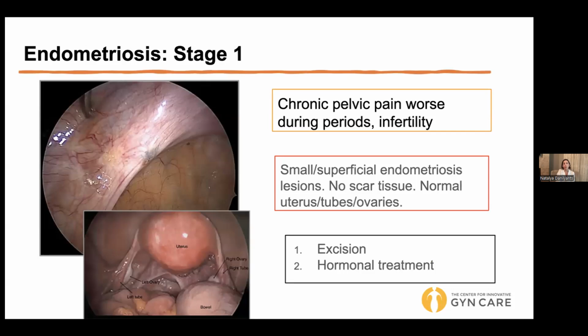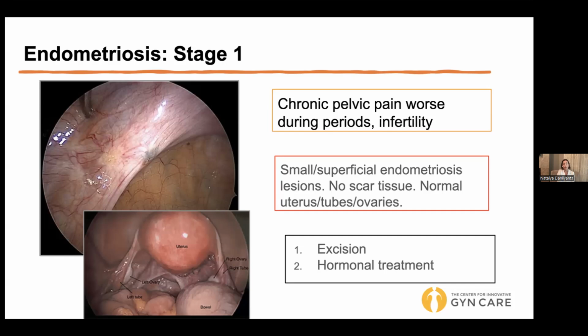So what we would do during laparoscopy, in addition to excising the endometriosis, right, so actually cutting it out and sending it to pathology for confirmation, we're going to check the fallopian tubes, make sure that they're open. We'll check inside the uterine cavity and also check the bladder. Otherwise, there is no scar tissue. Everything anatomically looks good. But the benefit is now we've confirmed the diagnosis of endometriosis. We've removed it, and we can reassure the patient that her prognosis in terms of fertility is very good.